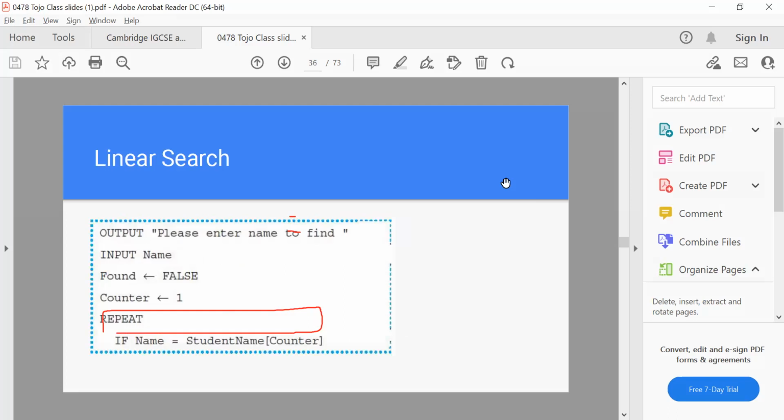Did you hear about linear search before? No. Okay, but I will not continue on pseudocode here. I'll start to move to Python, just to balance the class between the pseudocode and Python.